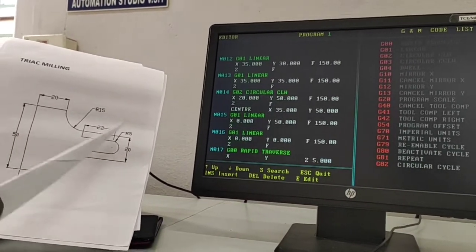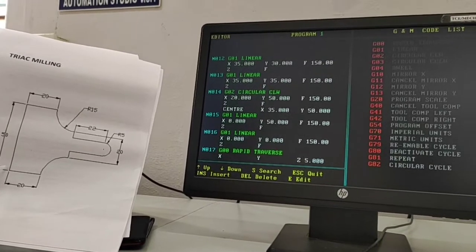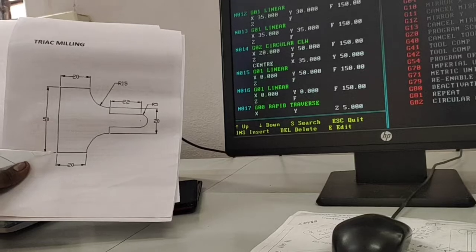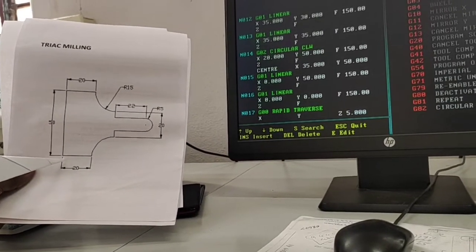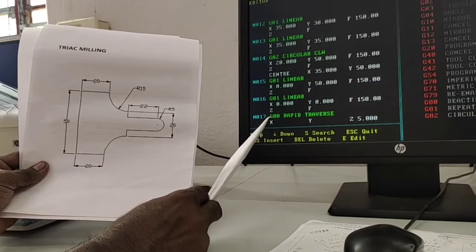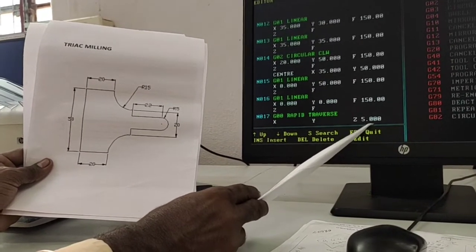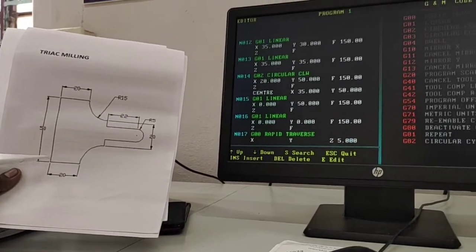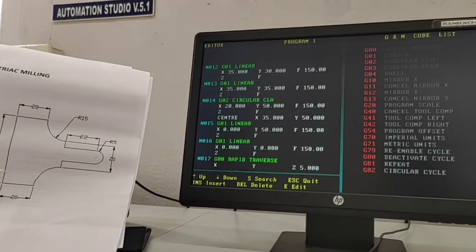So after completion of the work, the tool will be at the minus 2 mm depth. Now we release the tool from the z-axis up to 5 mm clearance. So here, by using x0, y0, the z is entered only up to positive 5 mm. So from the minus 2 mm depth, it will be released up to 0.